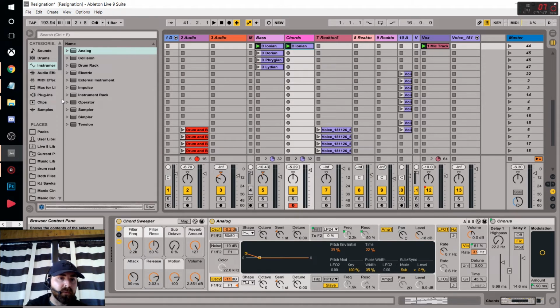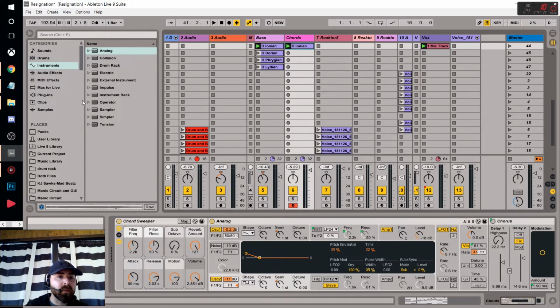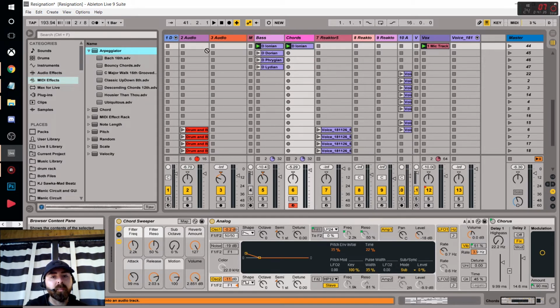So if you go into your MIDI effects and you open up the arpeggiator,